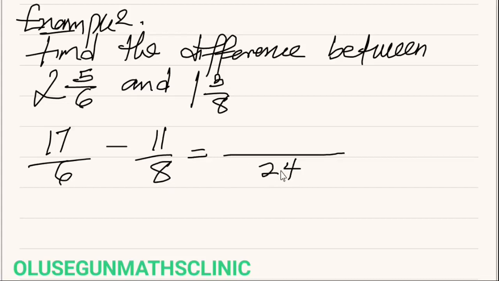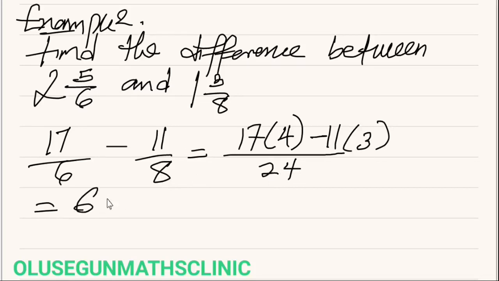6 in 24, we have 4. And 8 in 24, we have 3. So here will be 17 over 17 multiplying by 4 minus 11 multiplying by 3, because 8 divided by 24 gives us 3. So it will now have 68 minus 33